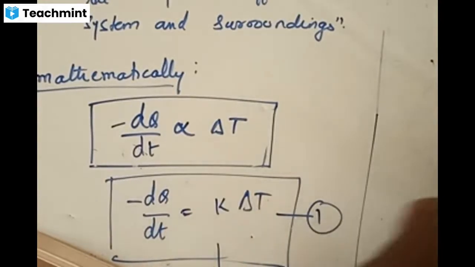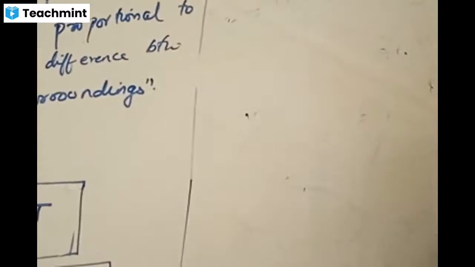Let us first complete the derivation part, then let us check out. Right? So what is the first equation? dq by dt minus dq by dt is equals to K times of delta t, where K is called as some constant, some positive constant. There is no designed value for this K. Accordingly, you can just remember that equation of minus dq by dt is equals to K times of delta t.